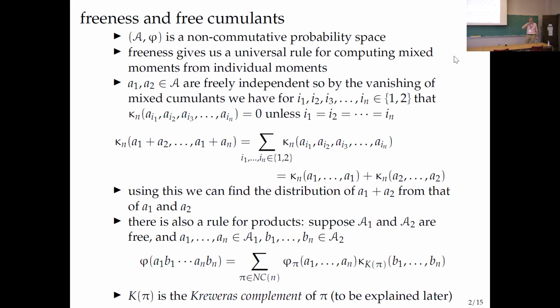And then you could go back and find the Cauchy transform of the sum. And from the Cauchy transform, you can find the spectral distribution of the sum, which was the big breakthrough that Voiculescu found. This was a way of finding the spectral distribution of the sum of two free random variables. There's also a rule for products, but there's another variation of it, which is given by this formula.